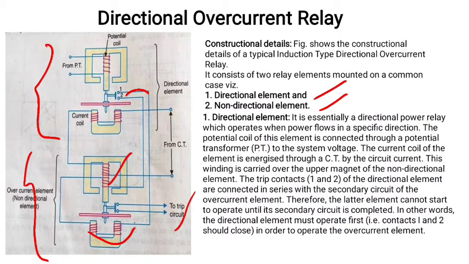So this is how exactly the directional element is connected in series with the overcurrent element. The directional element will operate first, then the overcurrent relay will respond. If the directional element doesn't operate, then the overcurrent element will not be energized.